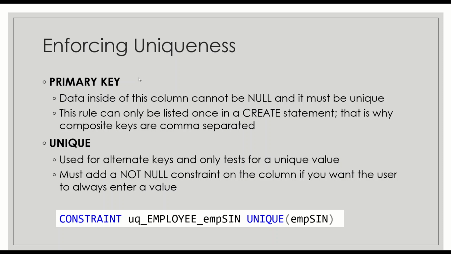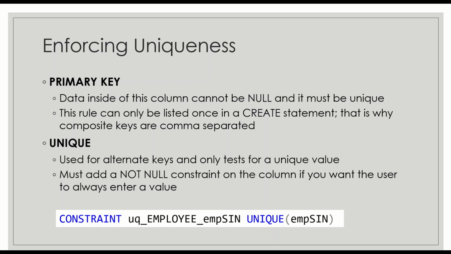Our next slide here is about enforcing uniqueness. To enforce uniqueness, there's 2 different ways we can do that. Either we can make a column the primary key, or we can denote it as unique. Now we know that each table can only have one primary key, and typically what we would do would be